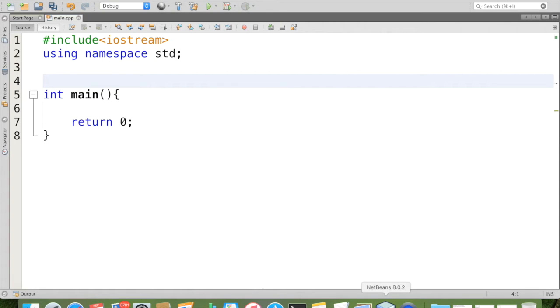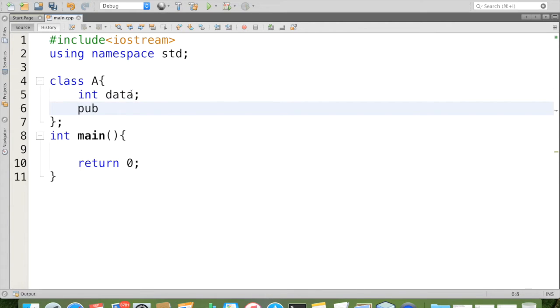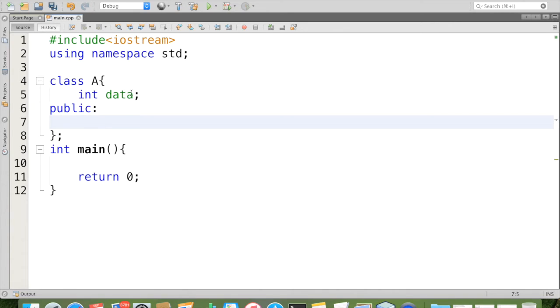Here I am going to use the NetBeans IDE. Let me create a very simple class, and in the private section I am going to declare a variable called data, and in public I am going to initialize data.